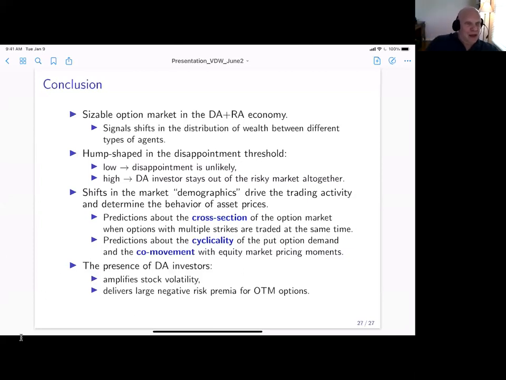From Valery Polkovnichenko: it is a bit unclear why with kappa equal 1, there is no demand. The DA is still second order risk averse. Why does he not insure against disappointment if necessary with in the money puts?